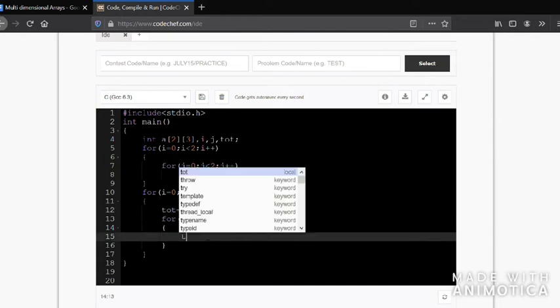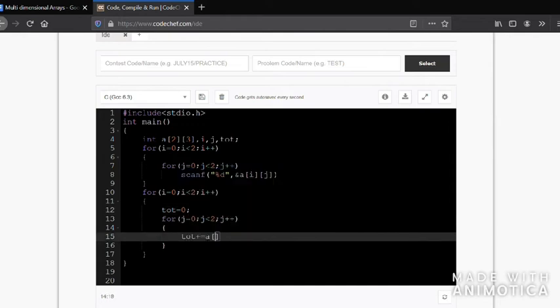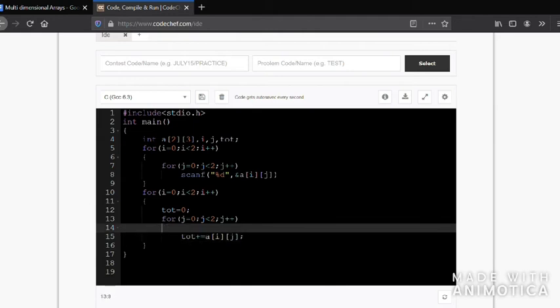Okay, tot plus equal to A of I, J. The reason why I'm giving total equal to 0 is, when you add the value of the first student in tot, and after you print it, the next time you keep on adding the marks scored by the second student to the variable tot. So already in tot, the mark of the first student will be stored. To eliminate that problem, when you're taking the marks of each student, tot will get initialized to 0. So here, after finding the marks of the student, you have to print.